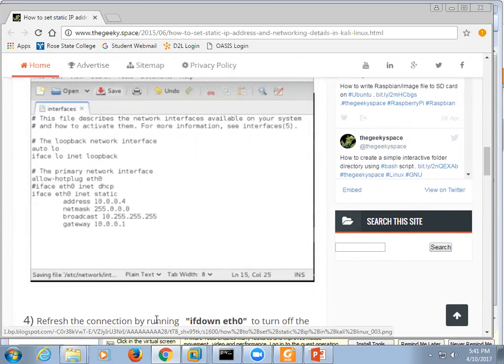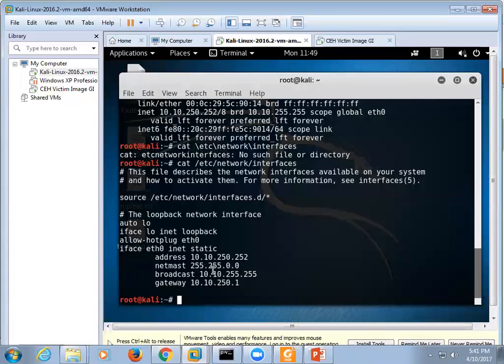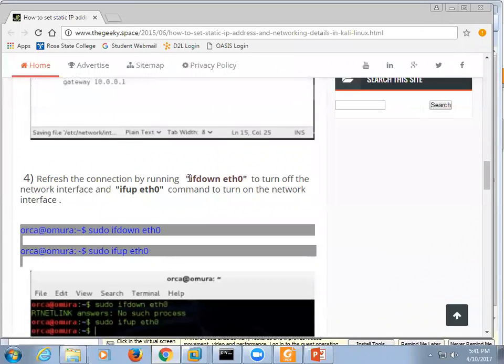Do not use that. You need 255.255.0.0 because that's what the target machine has. And if they don't match, you're not going to be able to connect. Okay. So set your IP address exactly like that, and you won't have a single problem. And then what you need to do, he's going to tell you down here, type this command: ifdown eth0. That command will not work